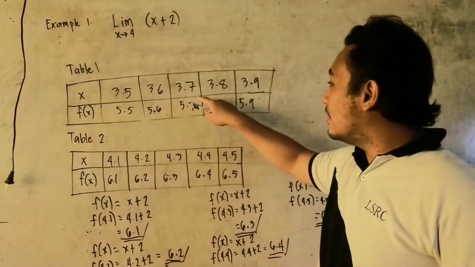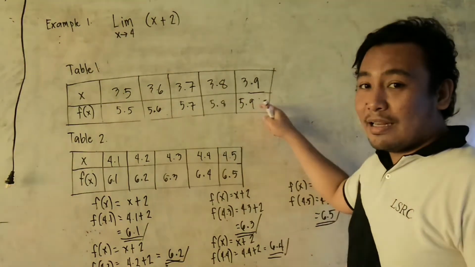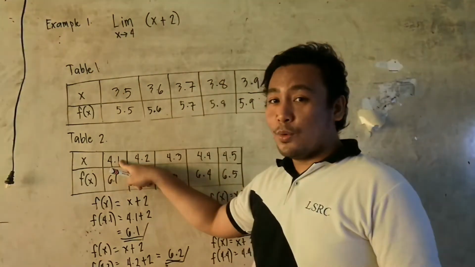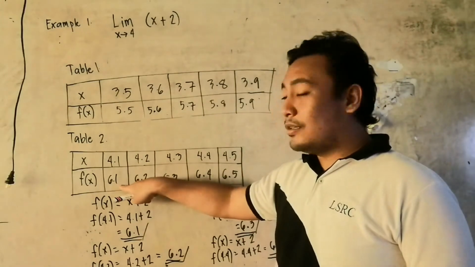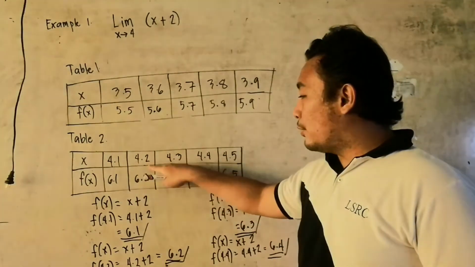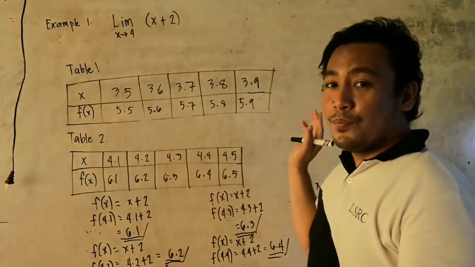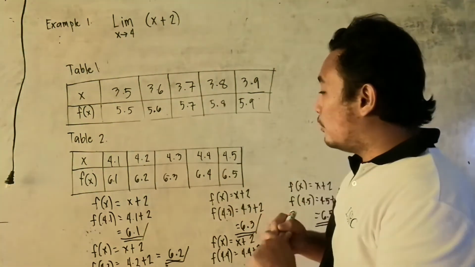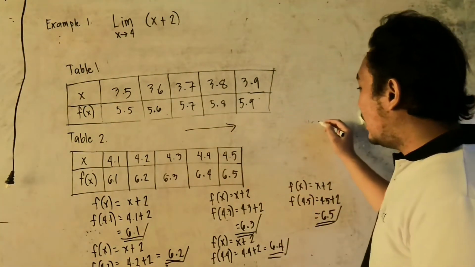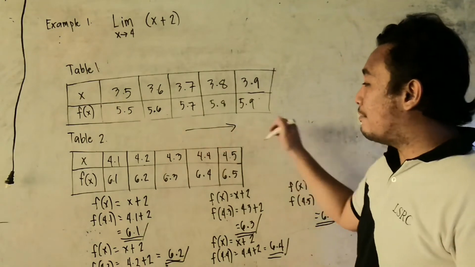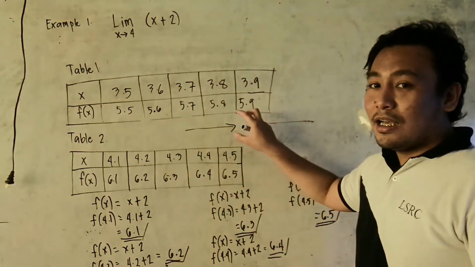Continuous random variable. 5.9. And then nag-jump tayo, nag-4.1 tayo, wala tayong 4. Let P be the number of chicken wings a man can eat. Discrete random variable. X approaches 4 from the right, and then from the left, and then from the right,